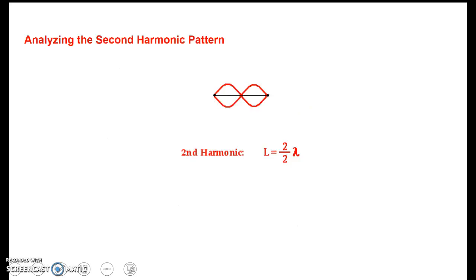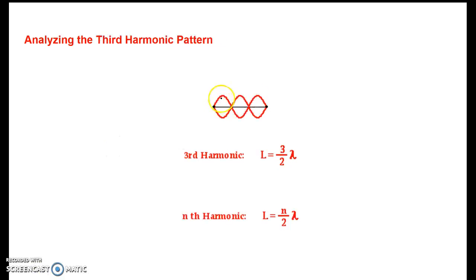So let's look at the second harmonic pattern. We have here 2 over 2. So our length is equal to our wavelength. Here we have 3. 3 antinodes divided by 2 times the wavelength equals the length of our string, or the length of our area here between our waves. So the nth harmonic is L equals n over 2